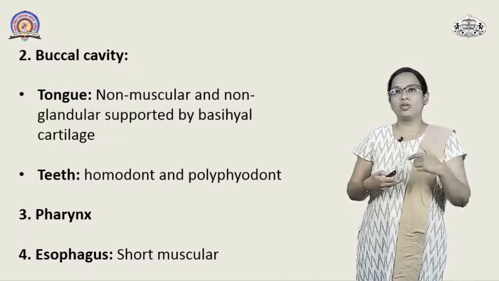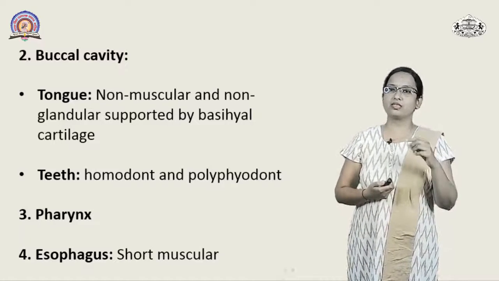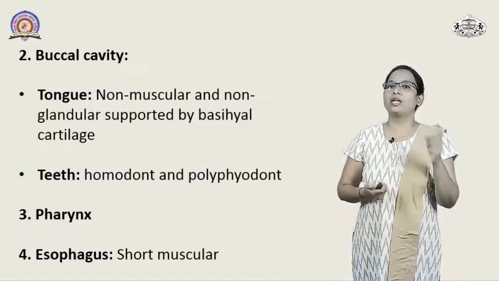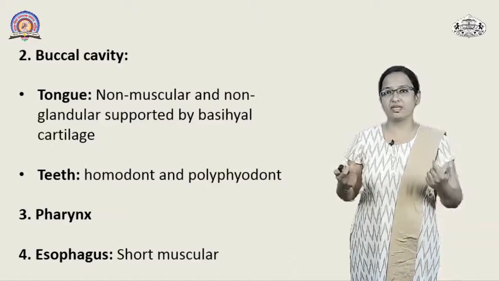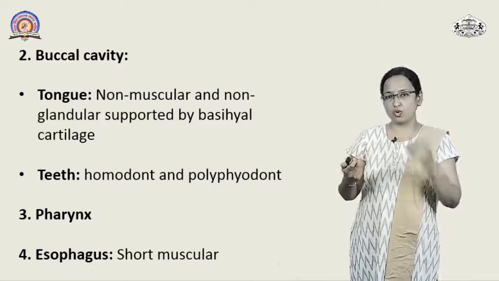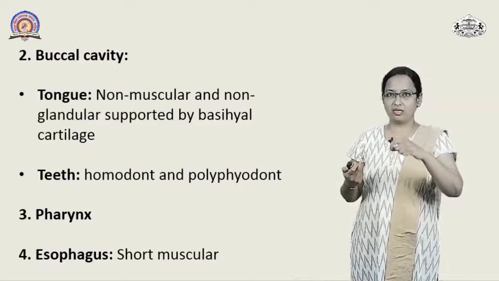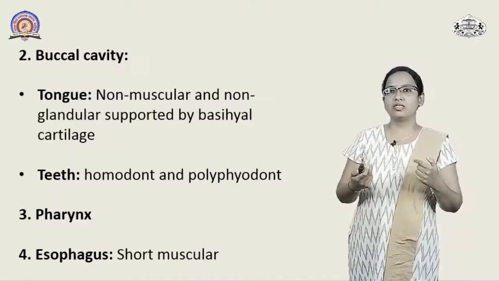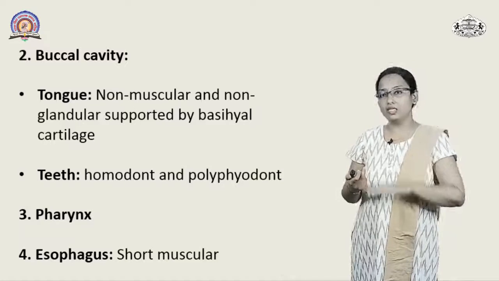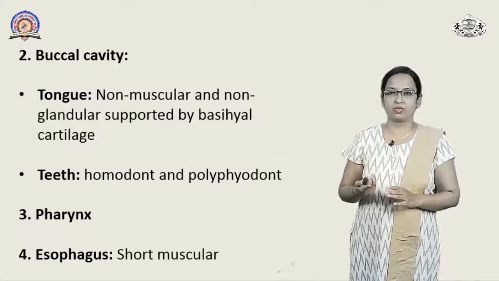Okay, now let's move on to the next portion, which is going to be the pharynx. Pharynx is going to be a smaller structure. Into the pharynx there will be openings of the 5 gill slits. Now these openings are referred to as internal branchial apertures. Why are they called internal branchial apertures? Because they are the internal openings. You have external openings also and you have internal openings also.